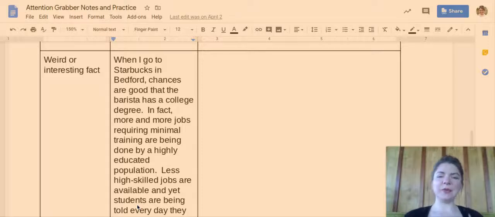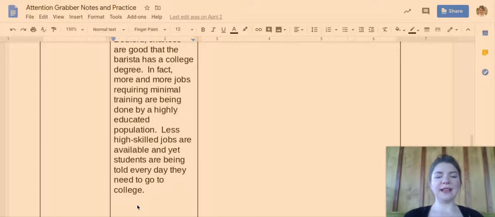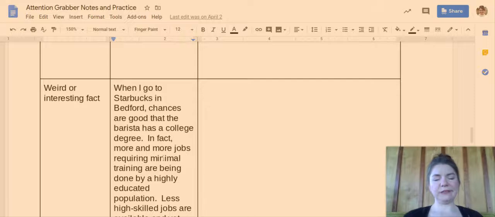So here's my example. When I go to Starbucks in Bedford, chances are good that the barista has a college degree. In fact, more and more jobs requiring minimal training are being done by a highly educated population. Less high skilled jobs are available, and yet students are being told every day they need to go to college. Okay, so that's my interesting statistic. You're going to be typing that into the box, and then you're going to be creating your own example of that for your topic. I do want to add, though, that this fact that I've shown,